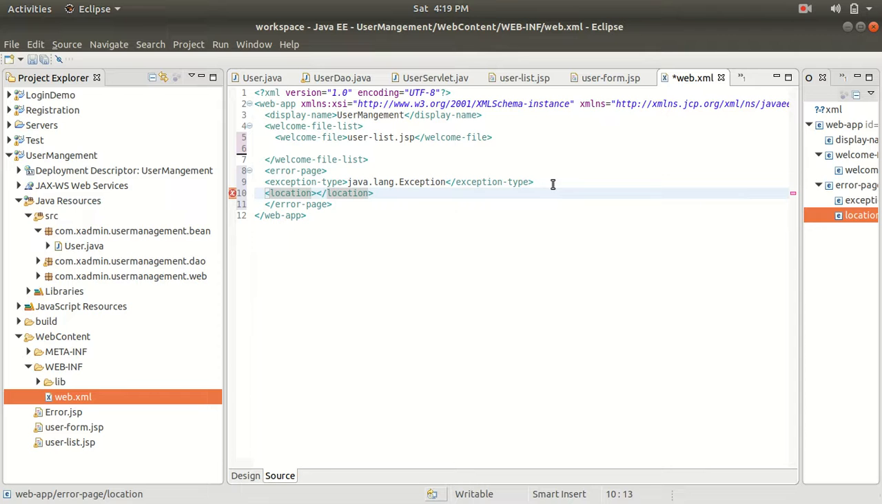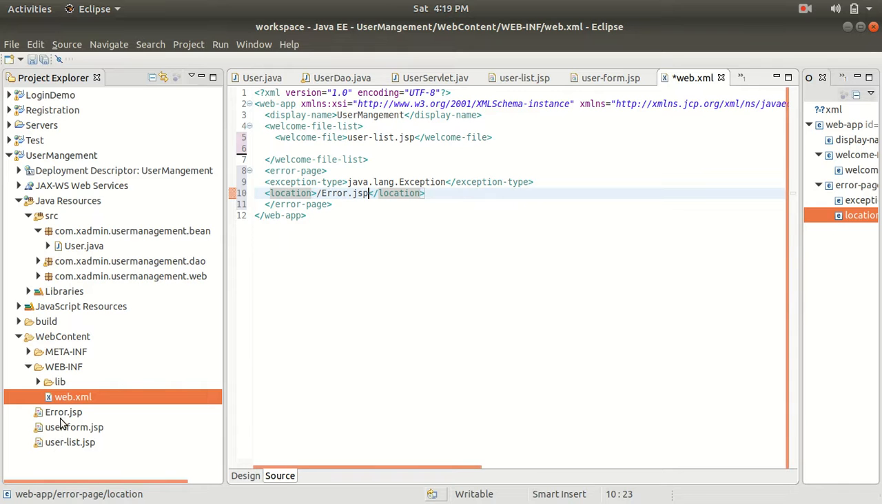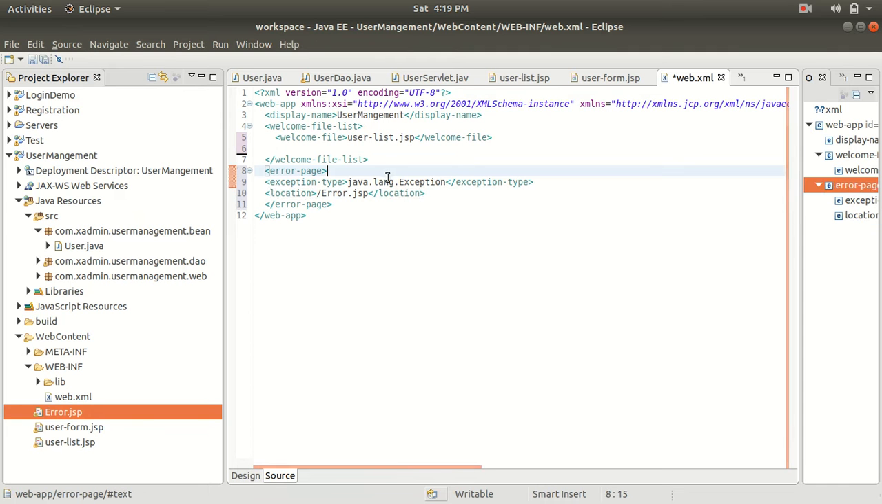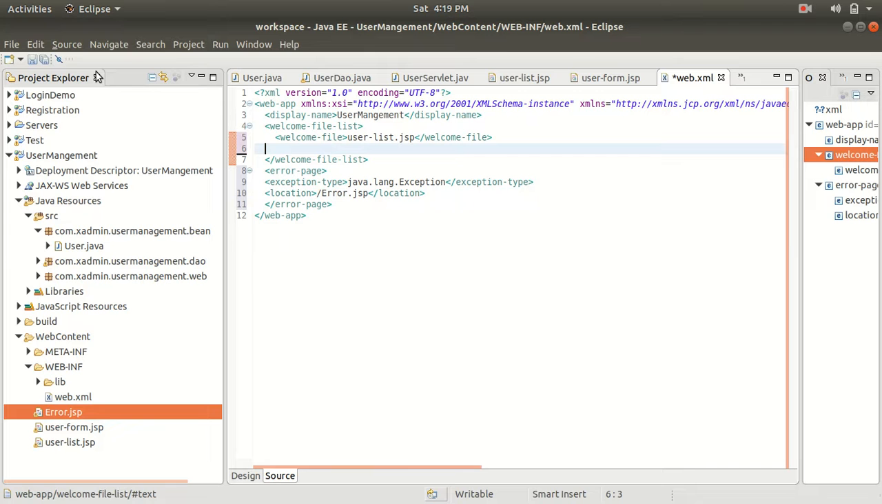The location is my error.jsp page, and here is my JSP page. So it is going to show our error.jsp page if any exception occurs, like java.lang.Exception. It is going to handle all the exceptions here. And we have a welcome file also. So till here we have done. Now the next step